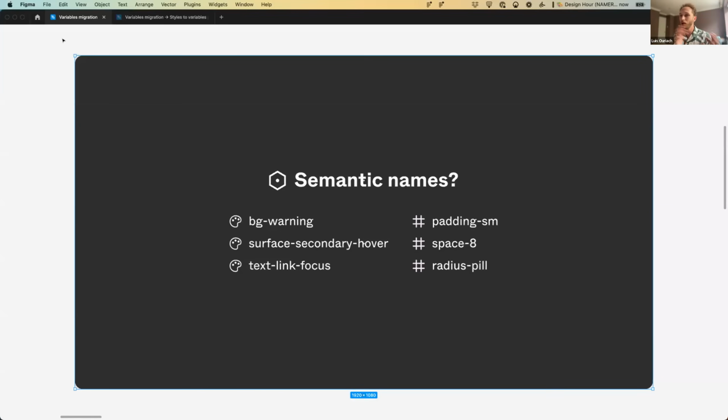So historically, we may have had yellow or yellow 400 or something like that to represent what is effectively the warning color in our system for a background. This in semantic terms and in variable terms would be called something like BG-warning. You may have a hover state for one of your surfaces that's a secondary level, surface secondary hover. You may have a text link style or variable now for the focus state, text link focus,